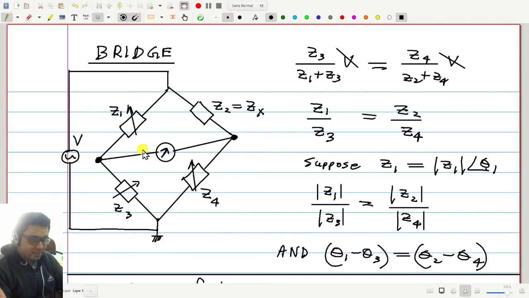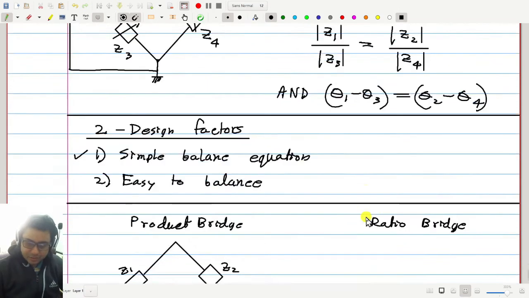Okay, you go back and check. Yes, context resistance. It is the sensitivity of measurement and all those factors. For example, to find the sensitivity, you recall we were finding the Thevenin equivalent between the two terminals as seen by the detector, and the Thevenin resistance between these two terminals may not be the same as that between these two terminals. So depending on that, the sensitivity and all those things may change, but the balance equation will not change.